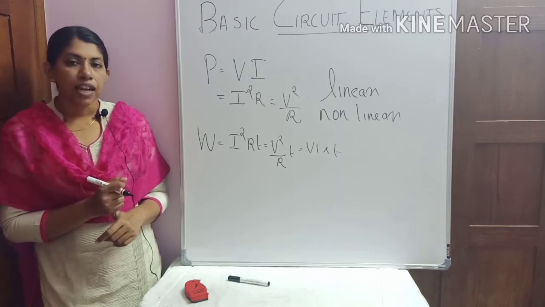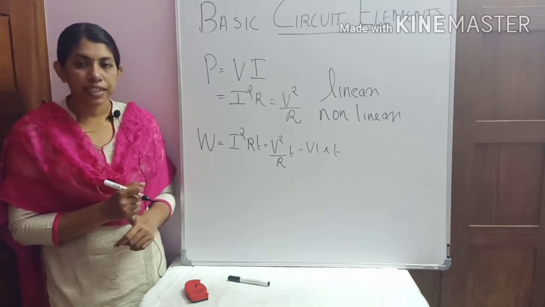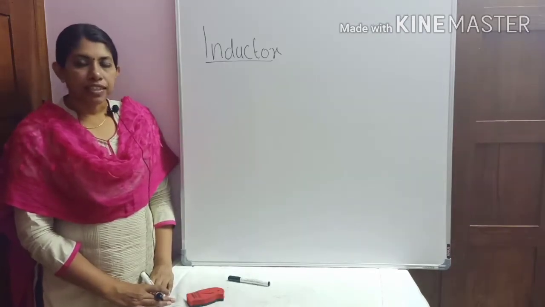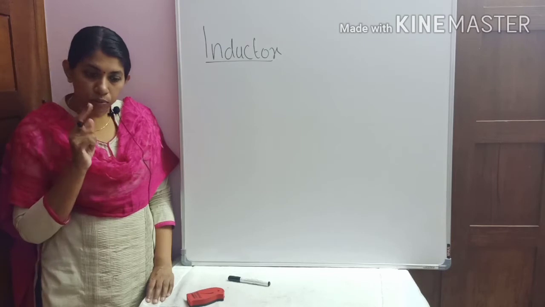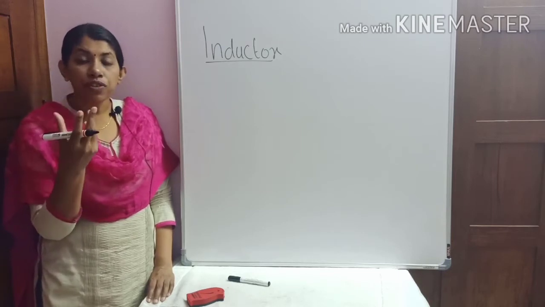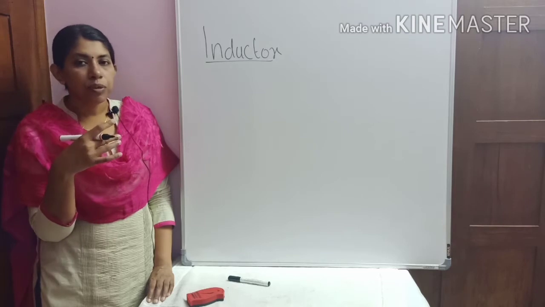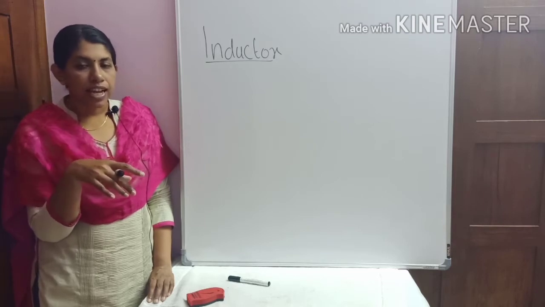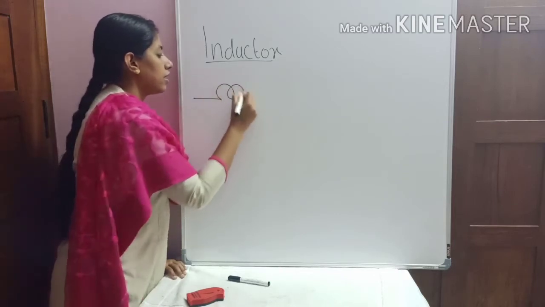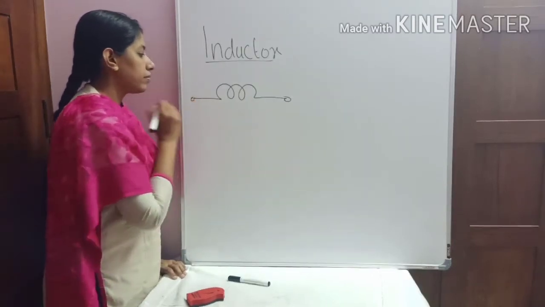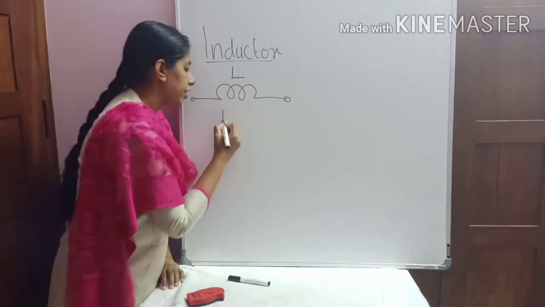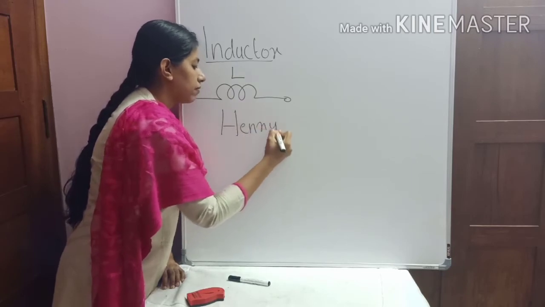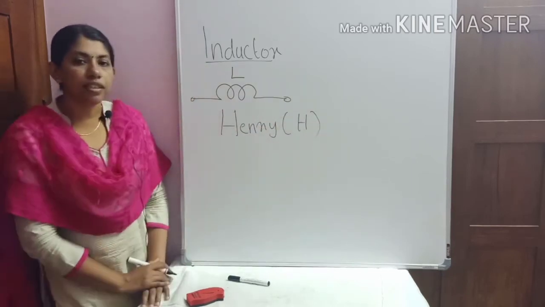So this is all about what you have to learn about resistors in this section. And now we will move on to the next component, that is inductor. So what do you mean by inductance? Inductance is actually the ability of a material to oppose the change in the amount of current flowing through it. Now you should note that it is not opposing the current, it is opposing the change in the amount of current flowing through that material. The element used to represent this property is called an inductor, and it is represented by the symbol. This is also a two-terminal device. Inductance is always measured in Henry, or H, denoted by capital letter H.